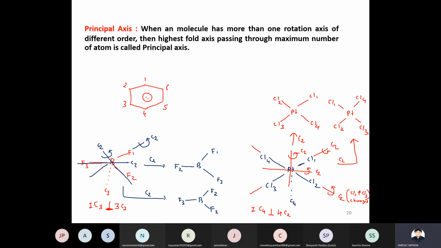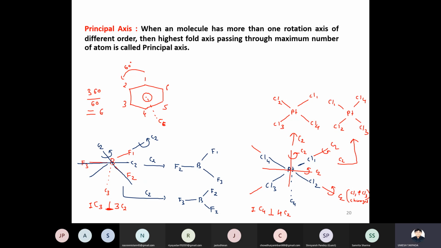What do you call this axis passing through its center? Principal C2. This is C6, because the 360 circle is divided into 6 parts. If you want to bring atom 1 into the position of 2, then the angle of rotation required is 60. And therefore it's 360 divided by 60, that is nothing but